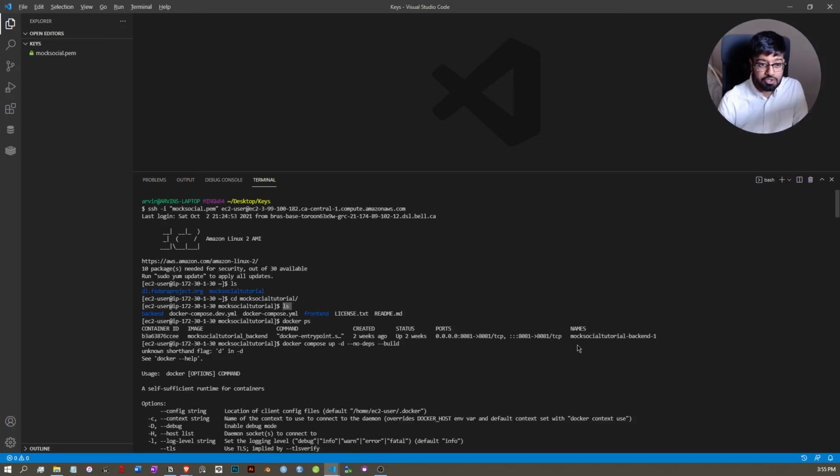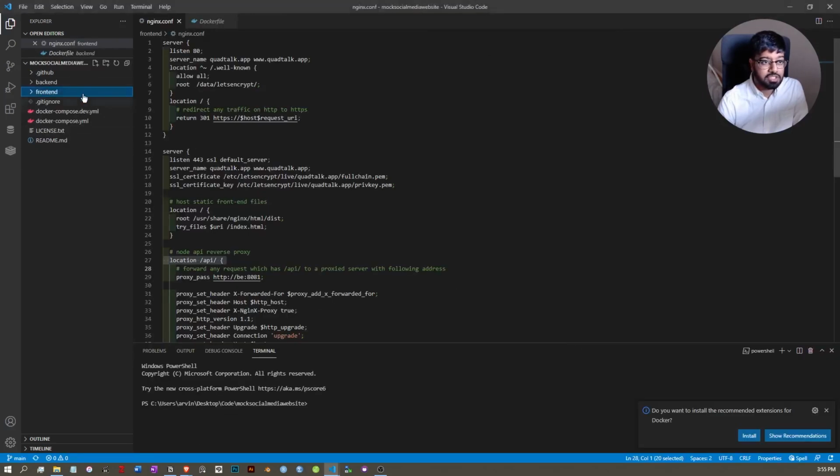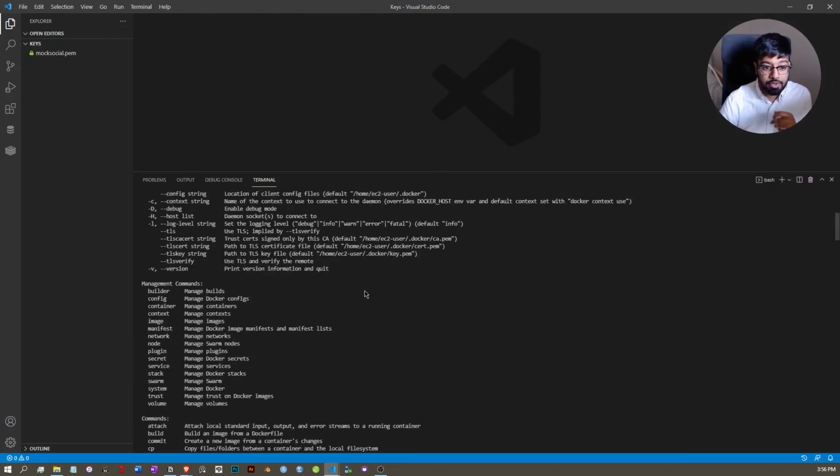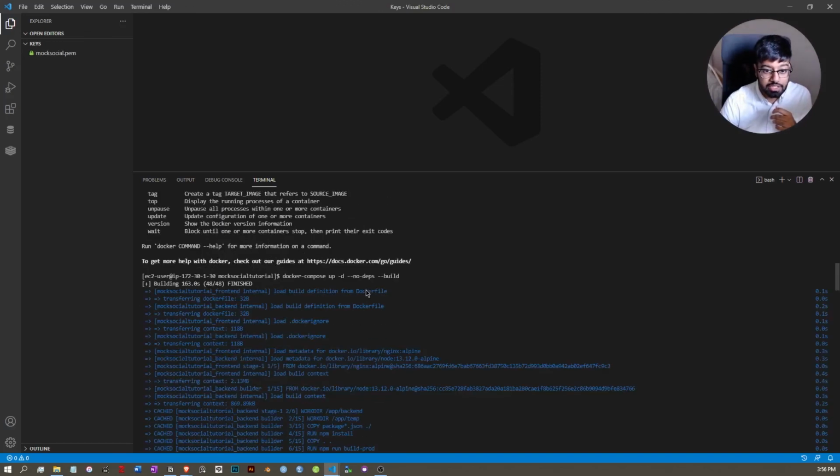And if I switch to my local copy of the Mock Social Media website tool, you can see here that the same stuff is in here. There's the backend folder, the front end folder, Docker Compose, the license, and the README. So there's some other troubleshooting here, but I'm going to skip ahead and see